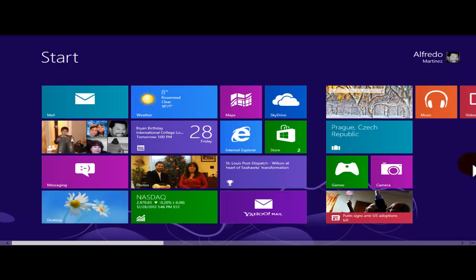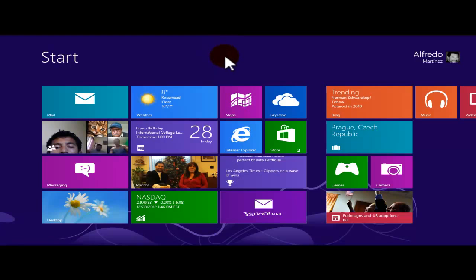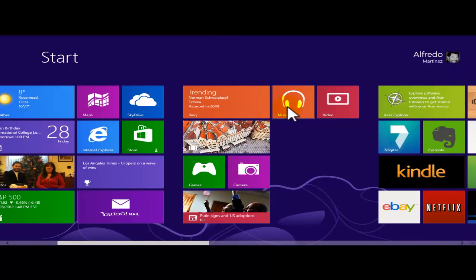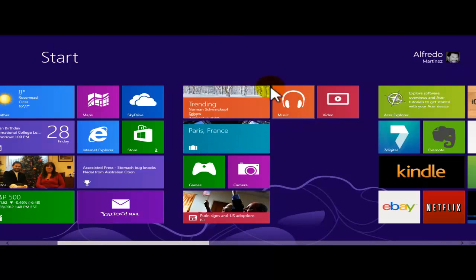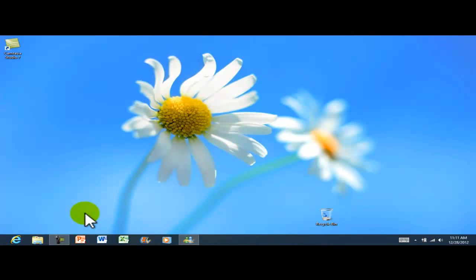Okay, in the last video we saw that we basically have two different options to play our music. We have the music app on the start screen, and we also have the media player. Media player will normally open through the desktop. I already have the media player pinned to my taskbar. Now, there are going to be occasions when